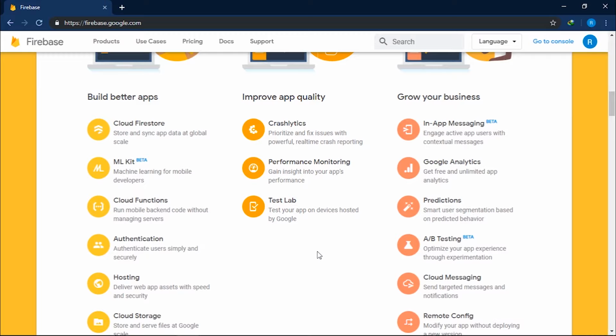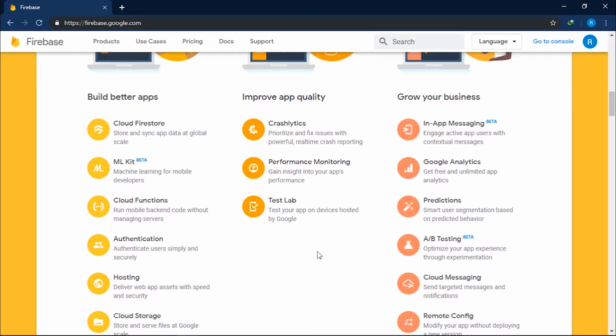Now moving on to performance monitoring. Obviously, you do not want your application to run on premium devices only. You want each of the users of your application to gain the same experience, a fast application, a fast experience, and for that you have performance monitoring. So you can monitor how your app is running on different kinds of devices, what the performance metrics are, and which areas you should make improvements in, etc.